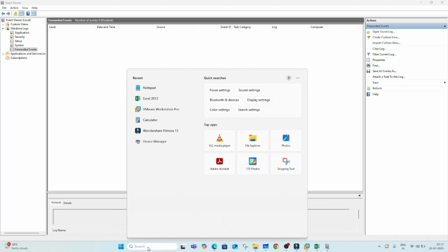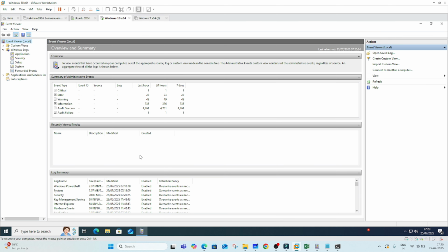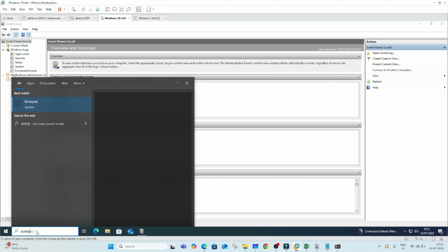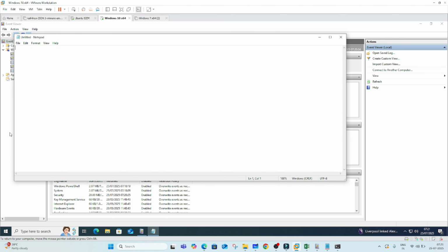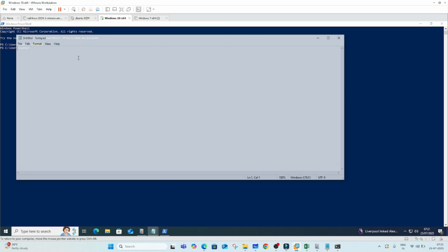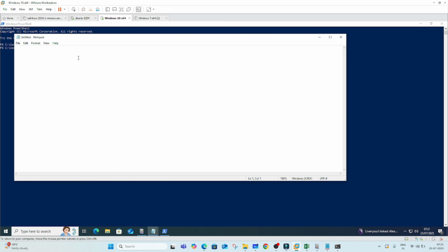Now we'll move on to the real-time demo, process creation log. Let's open Notepad in two ways and check the logs. First is the manual method. In the search bar, just type Notepad and open it. Notepad was opened. Then through PowerShell, just type notepad and press Enter. This also opens Notepad. Both actions will trigger event ID 4688, which means a new process was created.